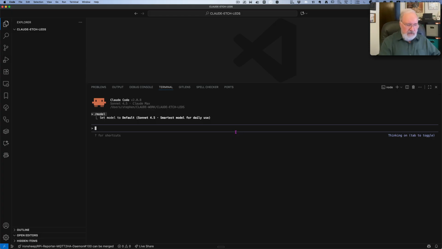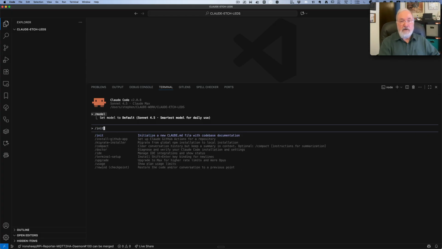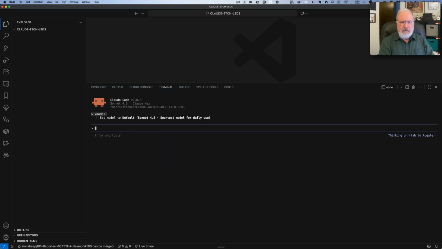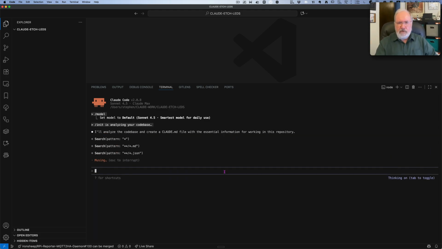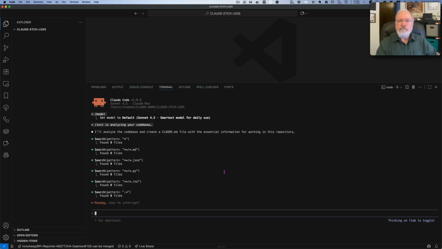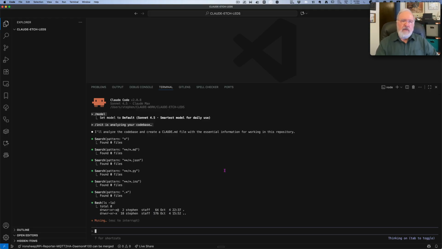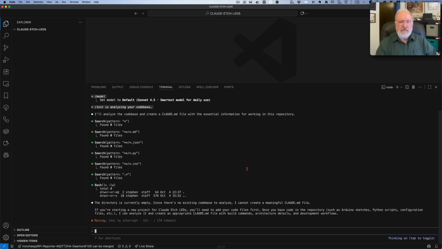When you first get into an empty project or a project with code, say you've already been doing P2 development, but you want to start working with Claude in your project, go to the root of your project and just start Claude. And then I do an init in there because what it's going to do is study your code base and then create